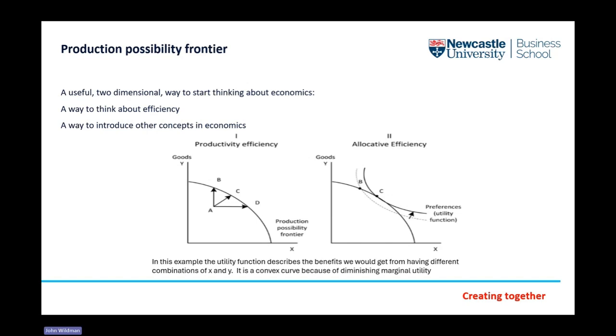then we can put all of our resource use into producing guns. So that will be where our concave line in the left-hand figure crosses the y-axis. So all our resources are put into guns. Alternatively, we could put all of our resources into butter, and that would be where the concave line crosses the x-axis.